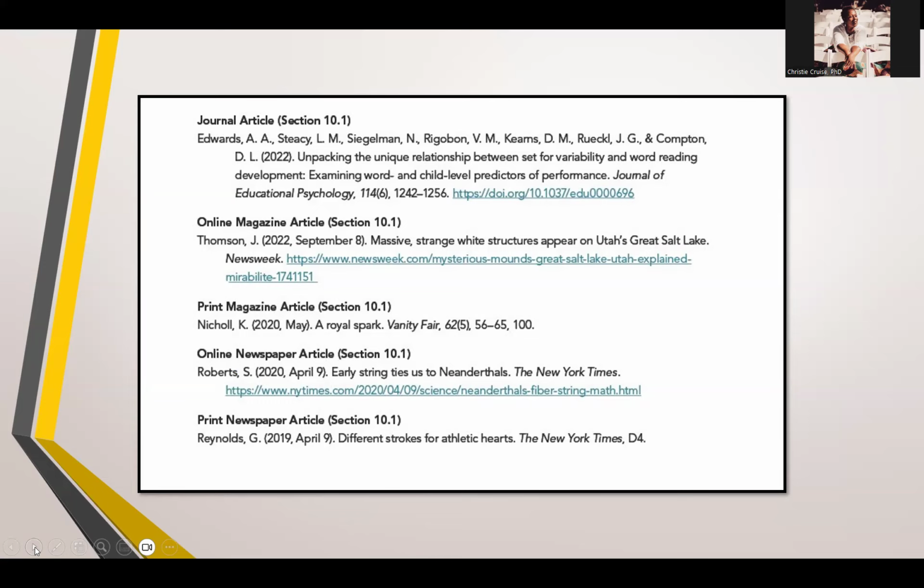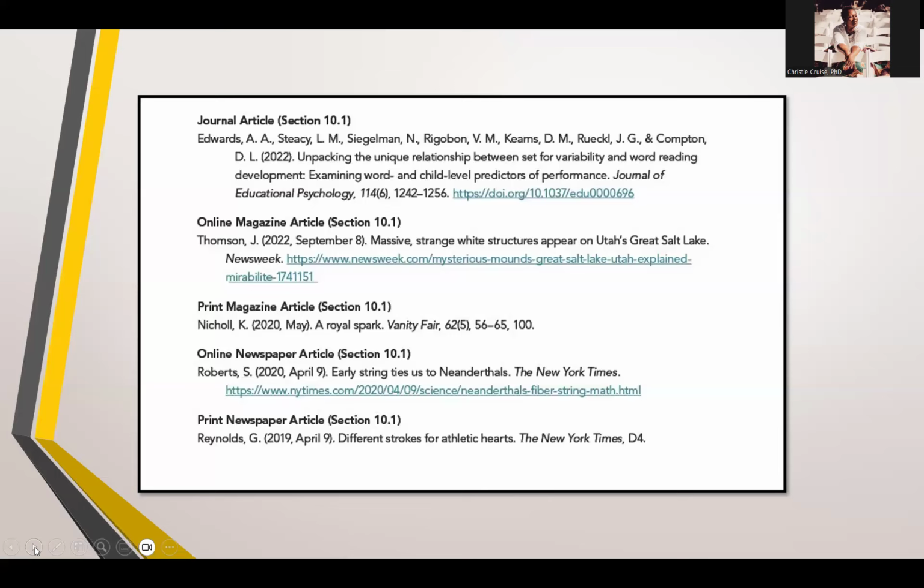So you see the inverted last name, first name, period, space, middle initial, period, space. In the first one, you see all of the authors are listed out. When you get to the next to last, you want to do that comma and that ampersand, the year. Then you want to do the title. And in the case where you have a journal article, the title is not going to be italicized.